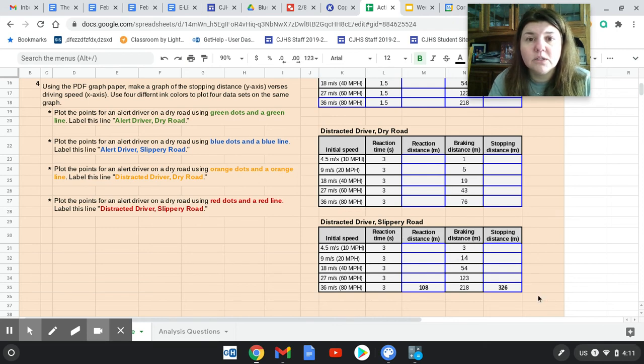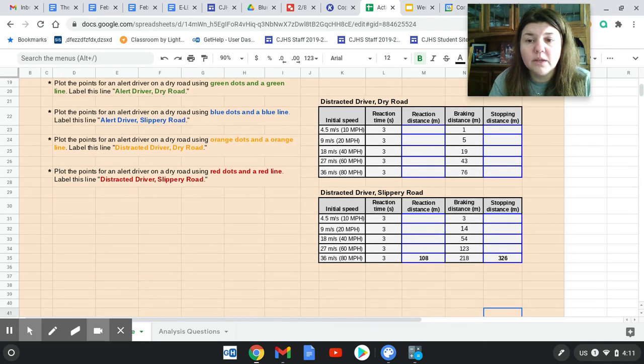Let me just quickly show you how to plot the points, and you can give that a try if you'd like. Like I said, that's not required for tomorrow, but having the graph all set up is required. But if you'd like to give it a try, I don't want to stop you. So what you're going to graph, again, is the initial speed or the driving speed, and the point is,